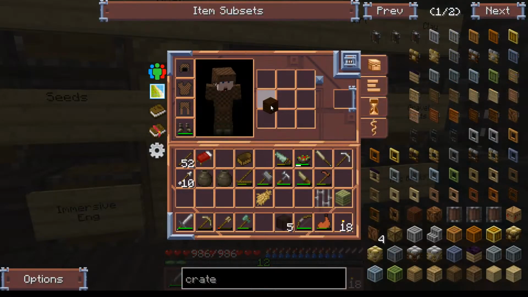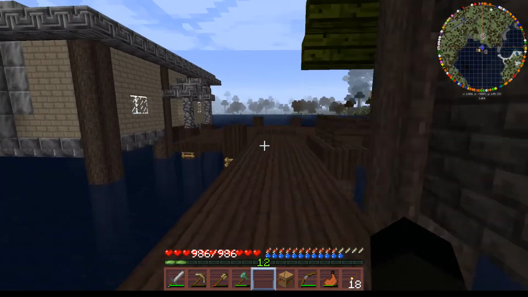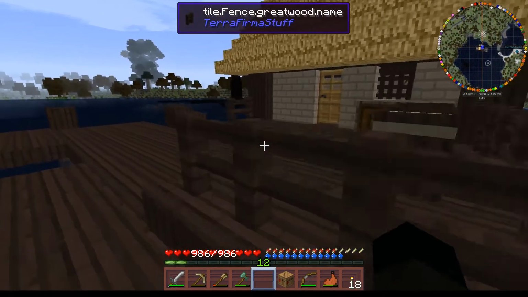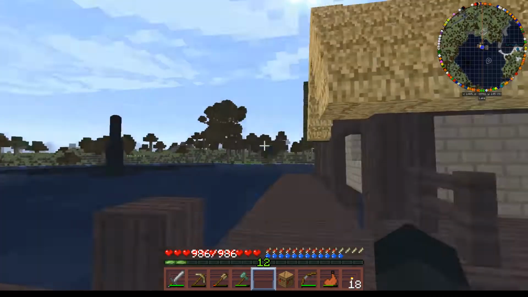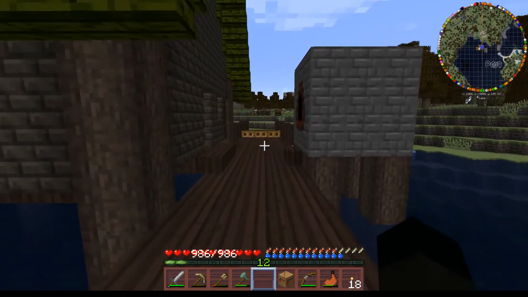Alright, so armed with a selection of blocks, hopefully it'll work with the great wood. And that, and that. That gives us an animal crate. And an animal crate will allow us to capture animals. I don't know whether we've got time to head out and grab any more, but